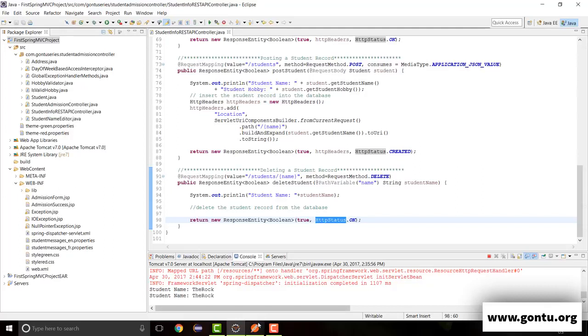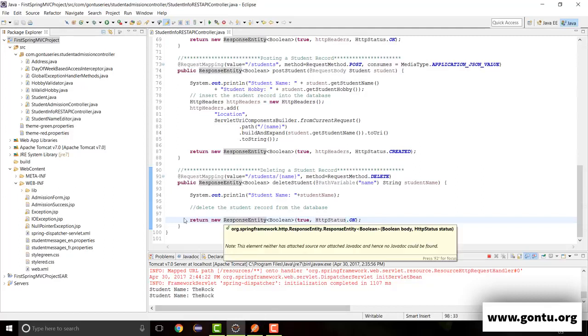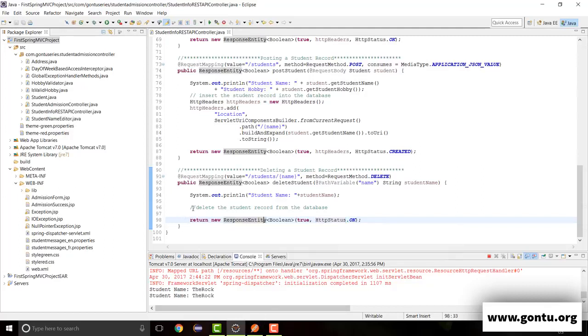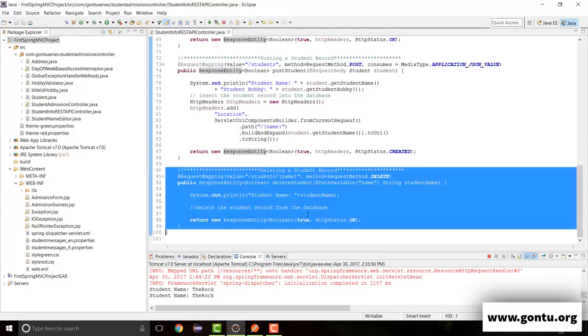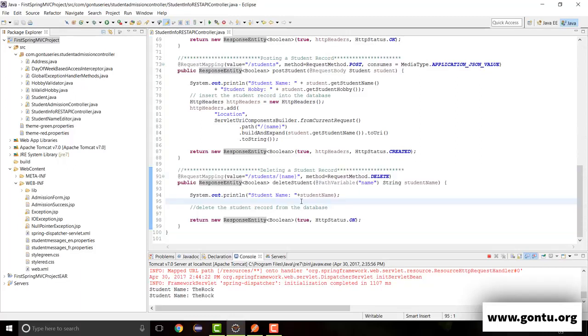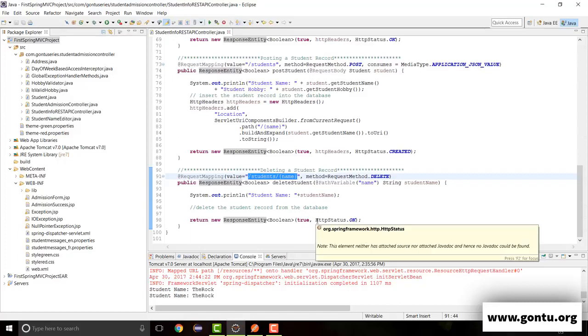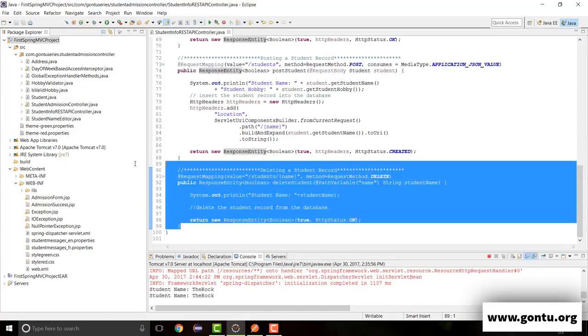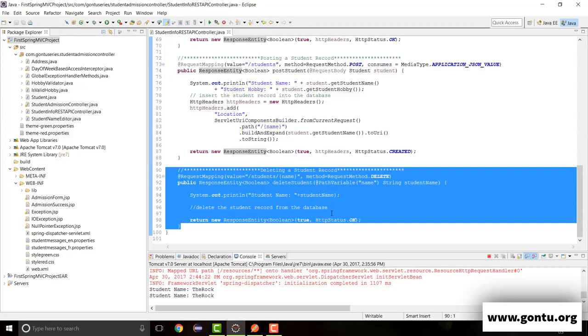All right. Now, one more important concept you have to understand here. Here we gave the user flexibility to request deleting a specific student's record. So this REST API is going to help the user achieve that. Now, what if we want to give the user flexibility to make a request to delete all student records from this application? How would we do that? Well, that's also very easy, guys. All we need to do is to create a new